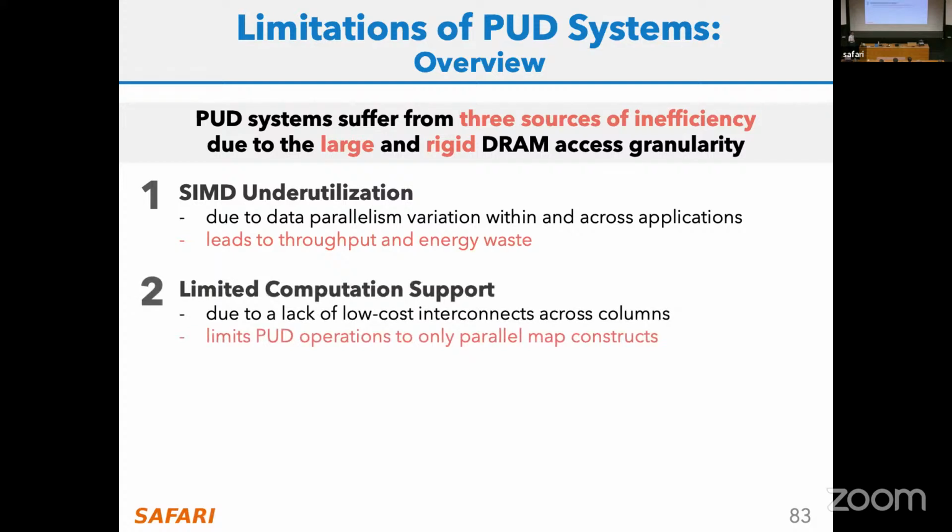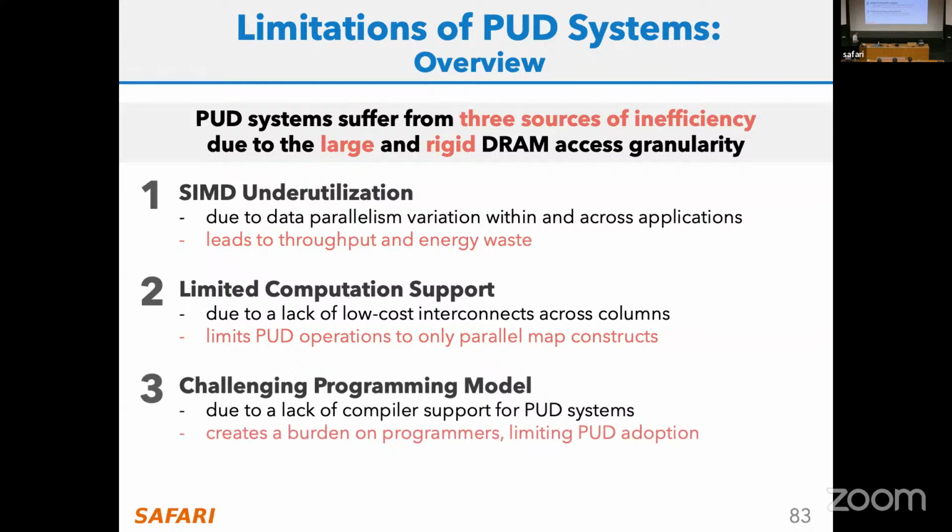The second one: I mentioned that we can do all of those operations, right? Addition, multiplication, but I cannot do something like reduction. All of those operations are in parallel, meaning that I'm taking a vector, operating addition, for example, on top of another vector, and producing a third vector of the same size. If I have a vector and I want to reduce that vector into a scalar operand, I cannot do that because I don't have connections across the different DRAM columns storing the different elements. So I cannot do reduction.